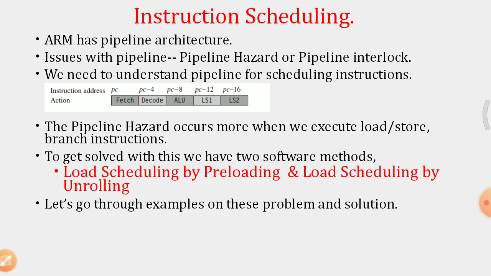The execute or ALU stage is the stage where the instruction fetched at PC minus 8 is going to be executed. Normally this stage involves calculation, modification or data processing operations, or any calculation of addresses for load and store or branch operations. The processor may spend several cycles in the ALU stage.